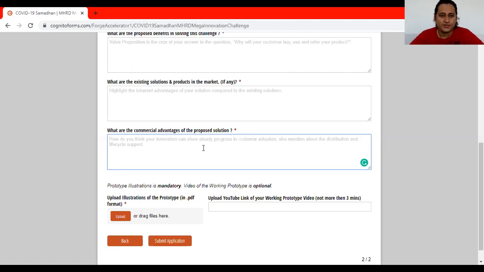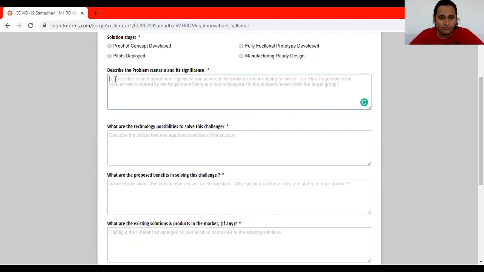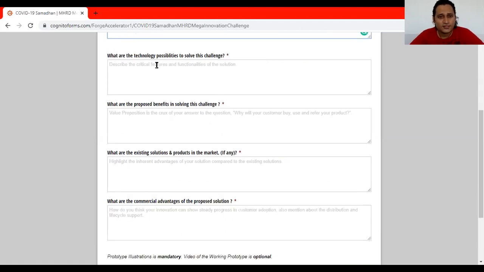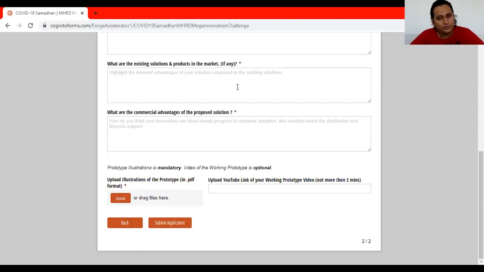Everything you need to mention here. See, every field has some sections, and they are directly asking the questions. If you try to answer the questions which appear in this field, you are almost done.